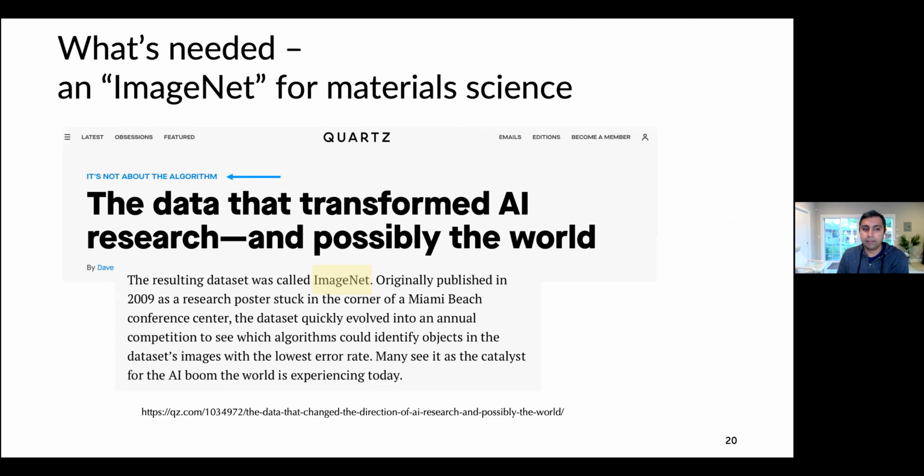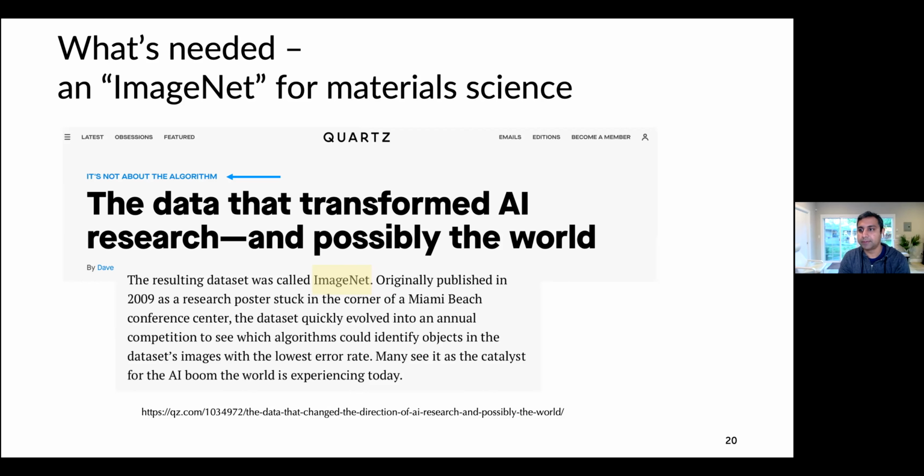I think many of you are probably familiar with what ImageNet is, but really ImageNet is a data set that started now over 10 years ago. And according to this article, it was originally published as a research poster in the corner of a Miami Beach conference center. But ImageNet has become really the biggest and most important image analysis machine learning data set. And there's always competitions now to see how much better we can do in terms of getting a good classification performance on ImageNet.